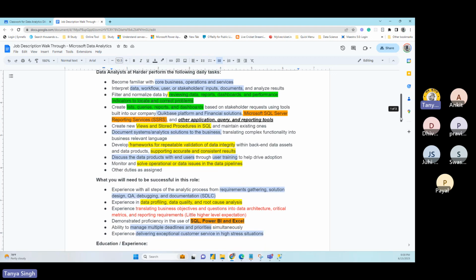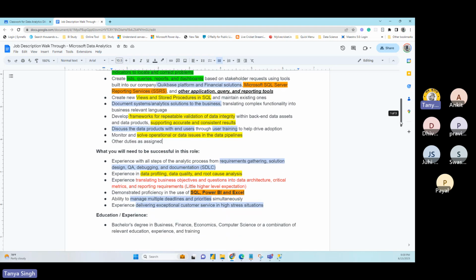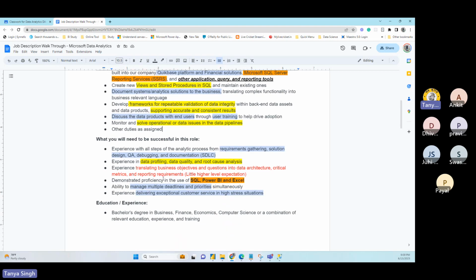As a data analyst, you need to get expertise in one tool, right? You can pick your tool based on your interest, but it is very important that you get a good understanding of one tool, and then you can switch over to any other tool you want to use. In this job requirement, primarily they are looking for SQL Server, Power BI, and Excel. All of these are Microsoft tools.